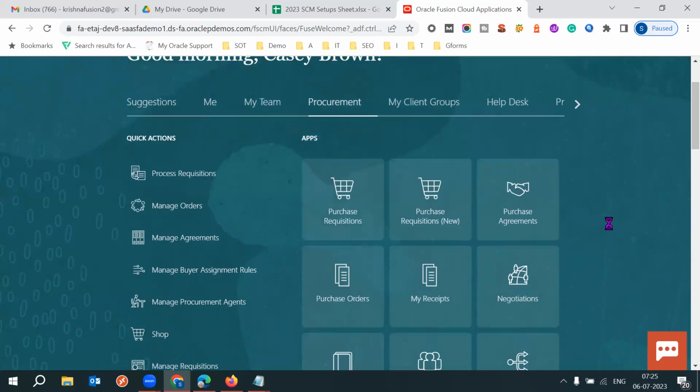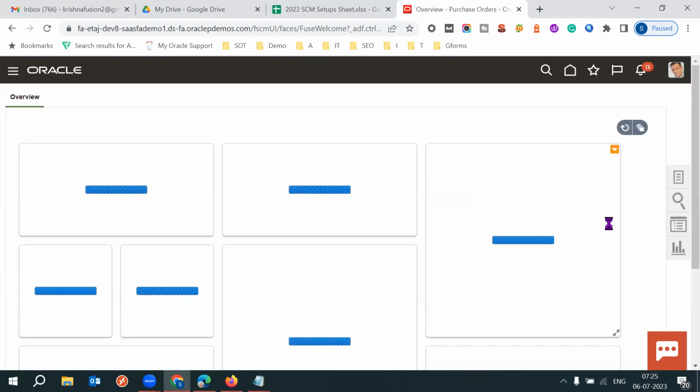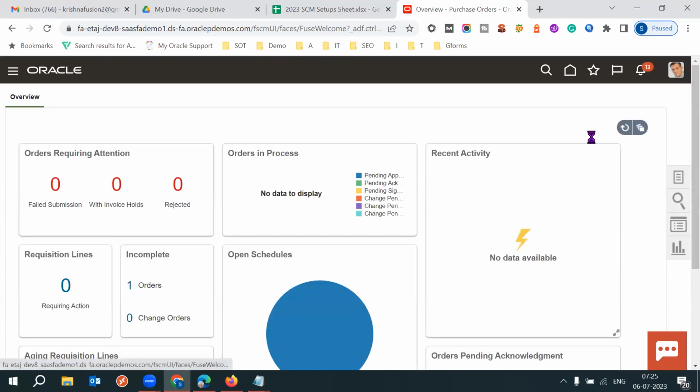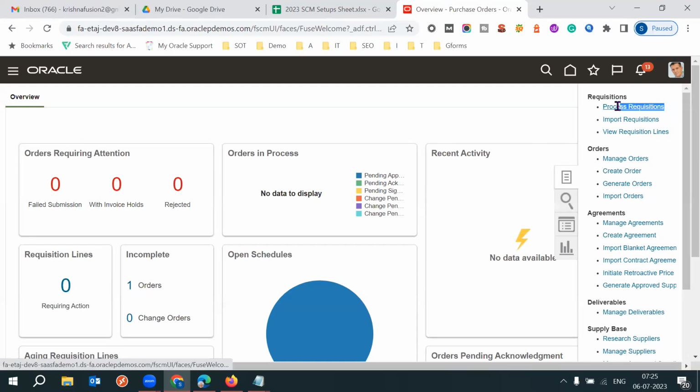If you click on the purchase orders, the requisitions that are waiting to process, in the sense after requisition, the purchase order to be converted. Okay, so the requisitions which are waiting to process, it will be under the screen. I'm clicking on the process requisition screen